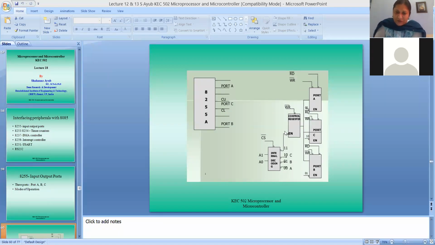So these two address pins, A0 and A1, come from the 8085 microprocessor after demultiplexing, because you all know that the AD0 to AD7 pins are multiplexed. With the help of ALE, you demultiplex them, so they are separated as D0 to D7 and as A0 to A7. Out of these, the two address lines A0 and A1 are connected to the 8255 directly. So the A0 A1 combination defines the address used for these particular ports. How that is done, we'll see.